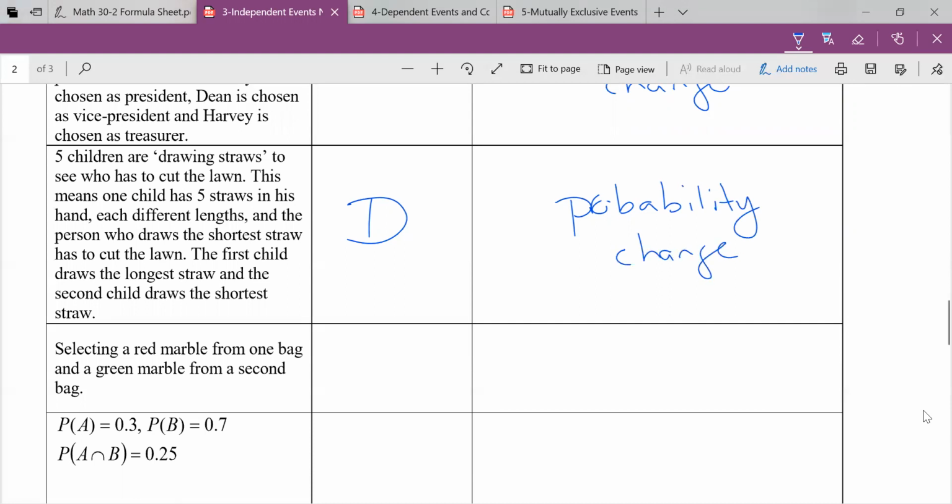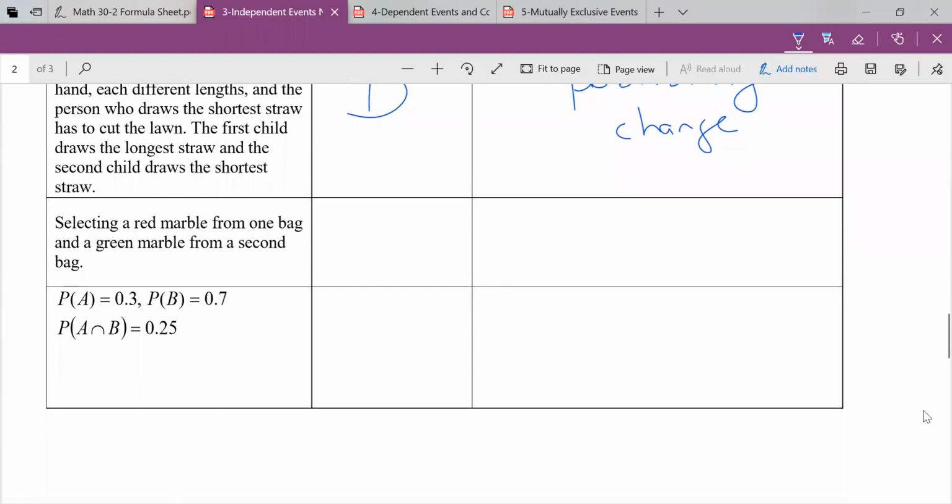Okay, what do we got here? Selecting a red marble from one bag and a green marble from a second. Well, what's in one bag has no effect on the other. So it's got to be independent. Okay, this last one here, oh, what? There's no words,